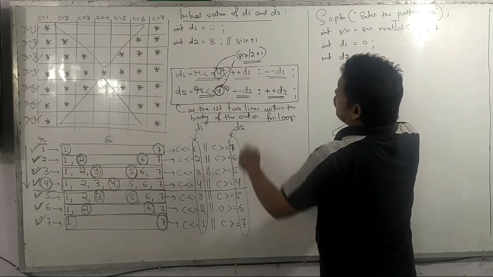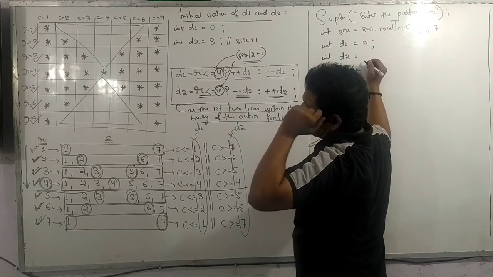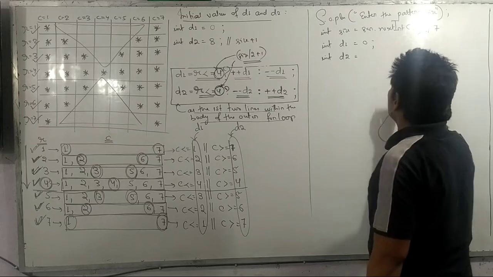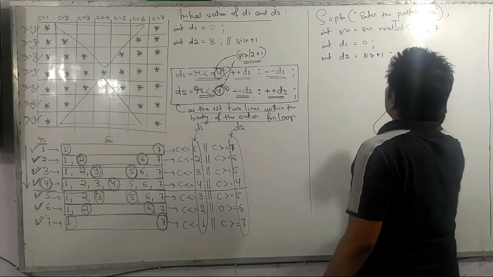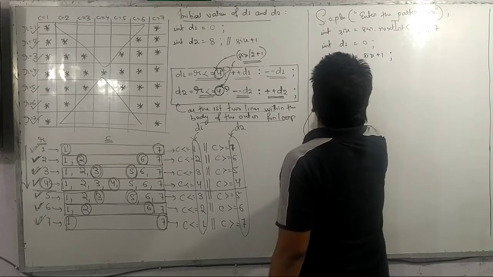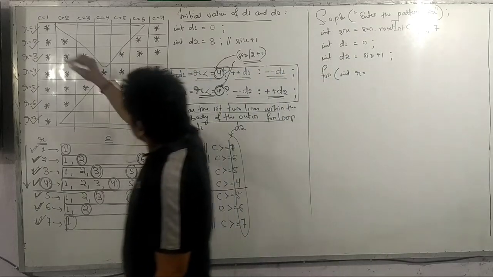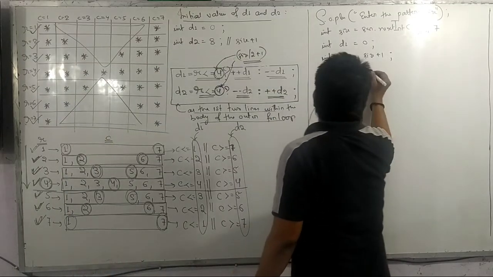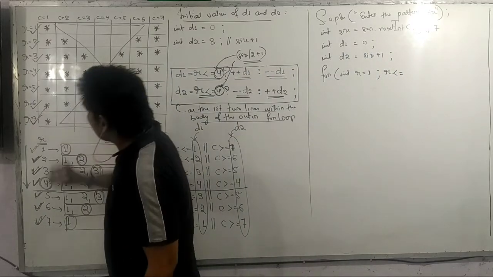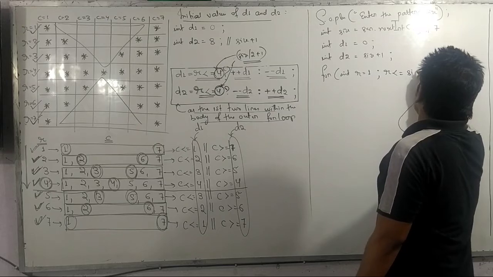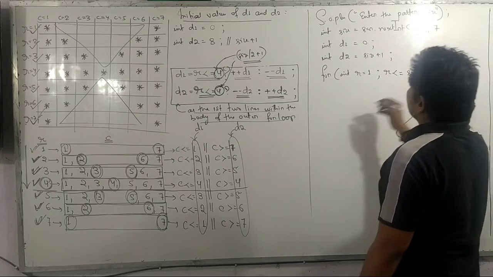So how to get 8 out of 7? Size by 2? No, no. Size plus 1. Yes, size plus 1. Then let me start the outer for loop: int R is equal to 1, R less than equal to 7. 7 is stored in the variable size which is given by the user. Then I will write R plus plus.